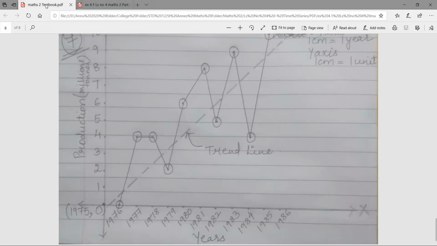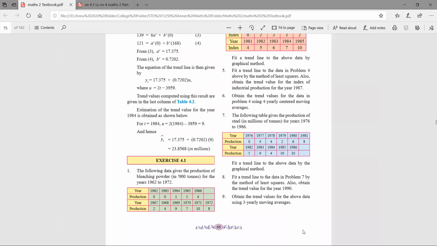So with this class, the first kind of method, that is the graphical method, gets completed over here. Out of the three methods, we have finished the first method of estimating the trends in time series. So I hope you followed, and please don't leave these sums in option. Another request, practice it on normal paper so that during exams you don't find it difficult or panic when you come to know that graph papers are not available.